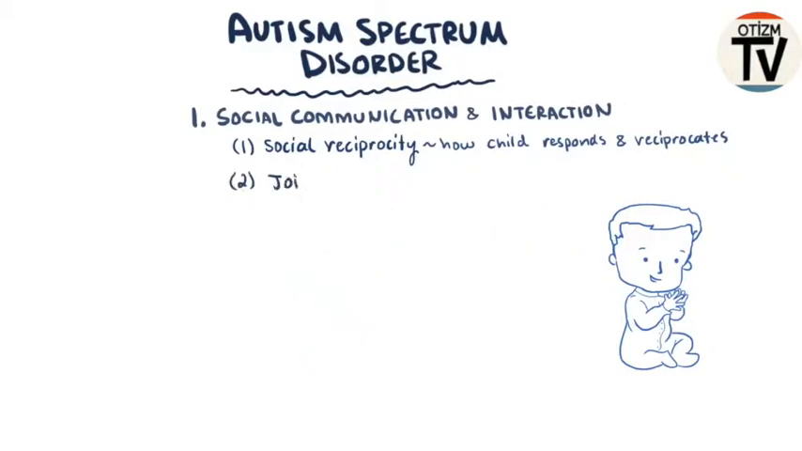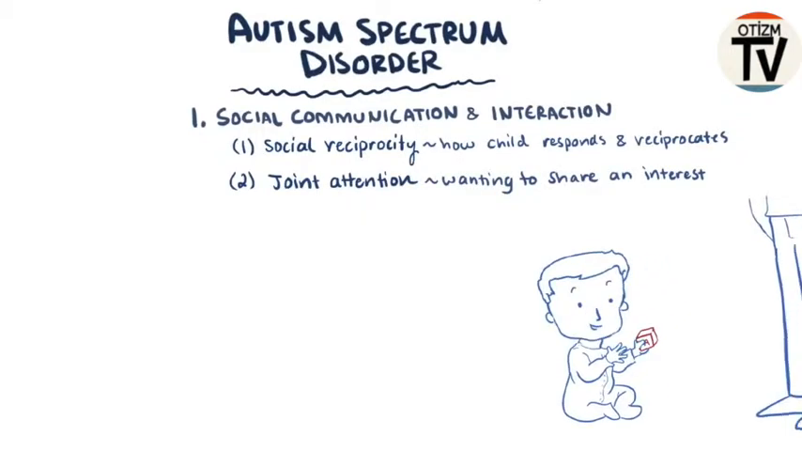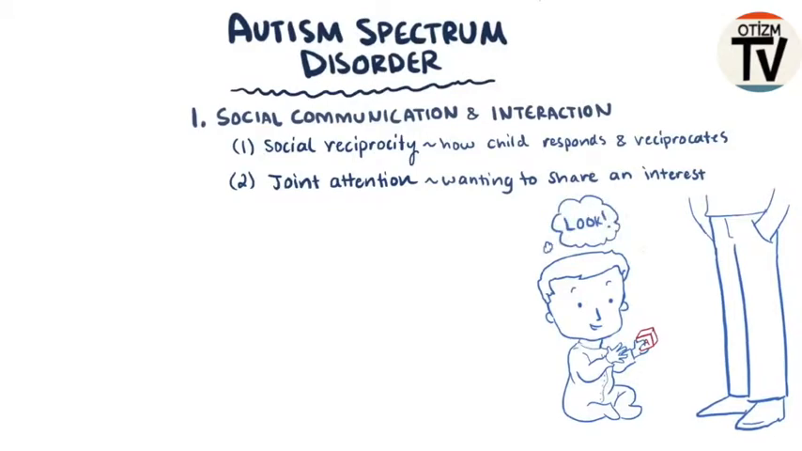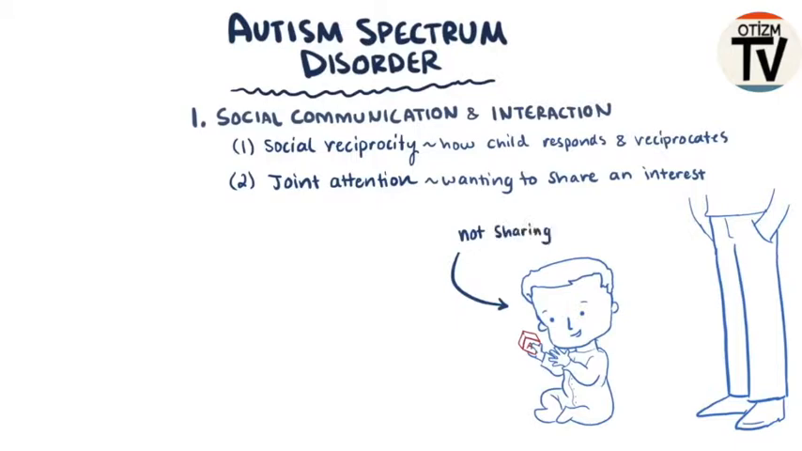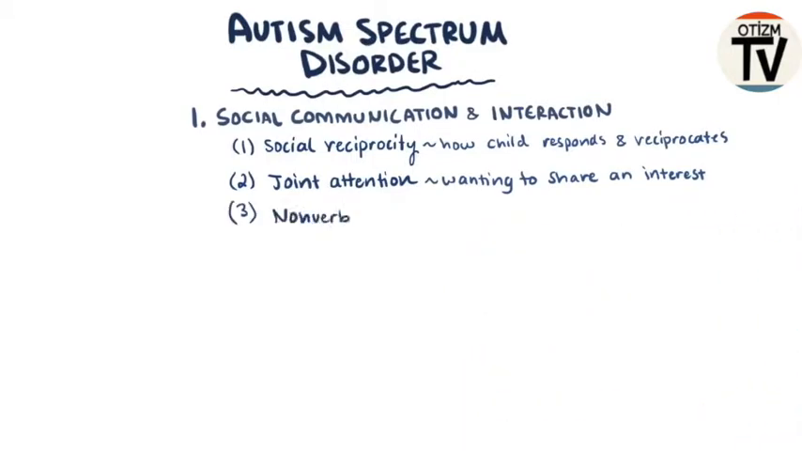A second area of potential deficit is joint attention, which is the state of wanting to share an interest with someone else. So it's like, hey, check out this awesome thing I found. So an example impairment in this area might be a child not sharing their interests or amusement in an object with their parent. Next, there's nonverbal communication, which refers to difficulties either using nonverbal communication themselves or interpreting nonverbal cues